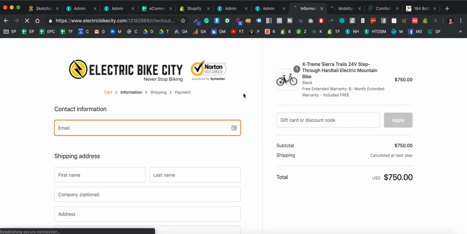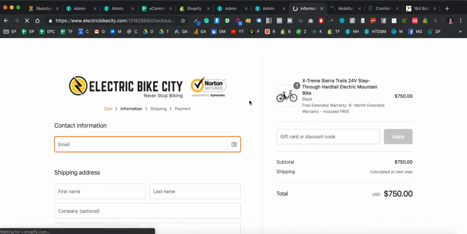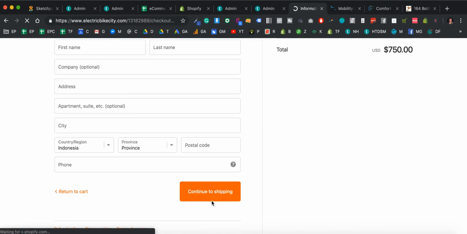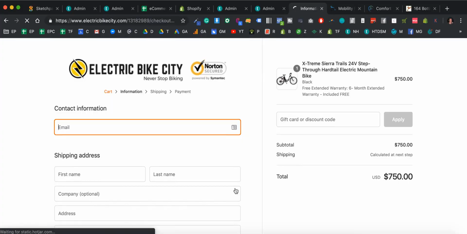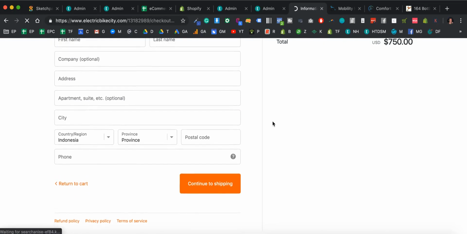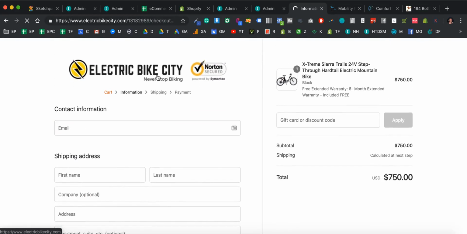As opposed to other e-commerce stores that might have it all on one page, it's actually a funnel-style checkout. So you have a 3-step funnel where you get contact information plus shipping address first, and then you continue to the shipping, and then you get the billing details and payment details, and then it checks out. You get to choose your shipping method and all that, and then you go to the thank you page after that. So that's the Shopify checkout process. If it looks like this, it's Shopify for sure.